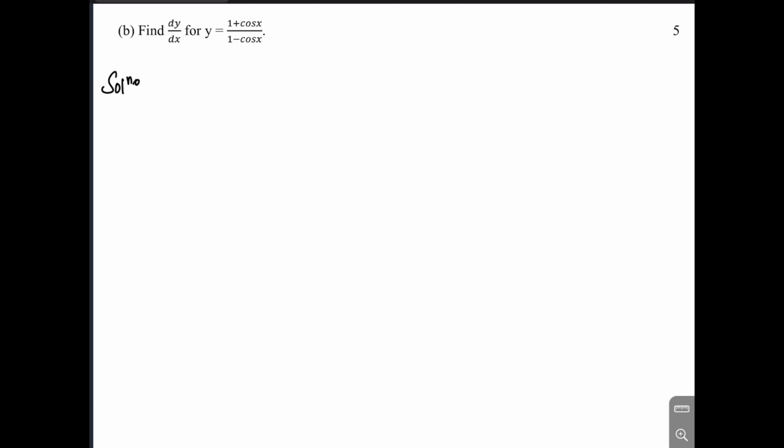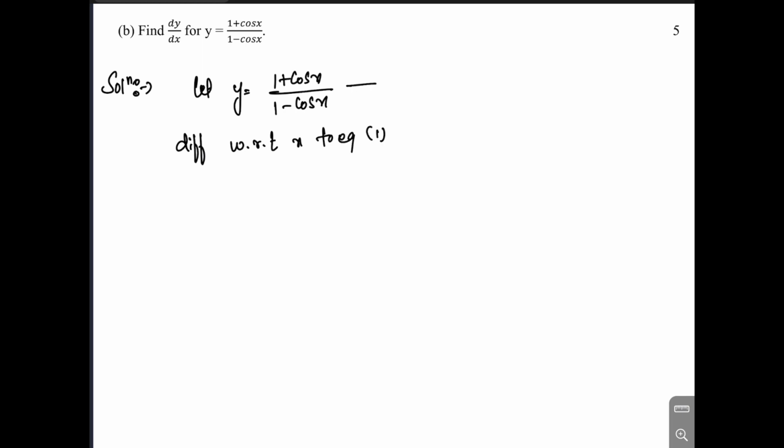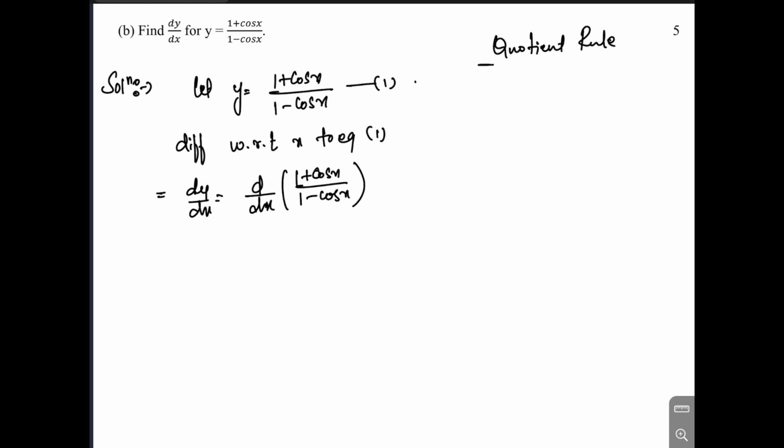Next problem. Let y equals 1 plus cos x divided by 1 minus cos x. Here, differentiating with respect to x equation 1. Let us consider equation 1. So here dy by dx of 1 plus cos x divided by 1 minus cos x. Here we know the quotient rule. As per the quotient rule,